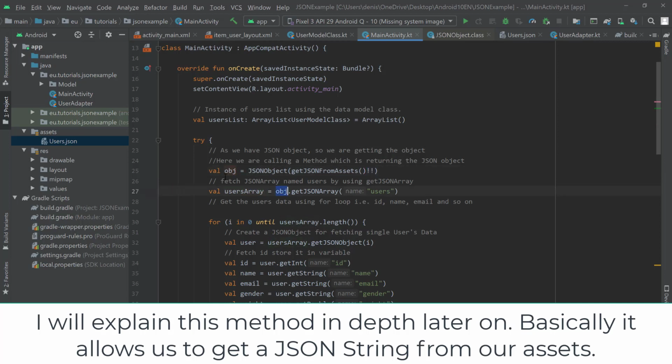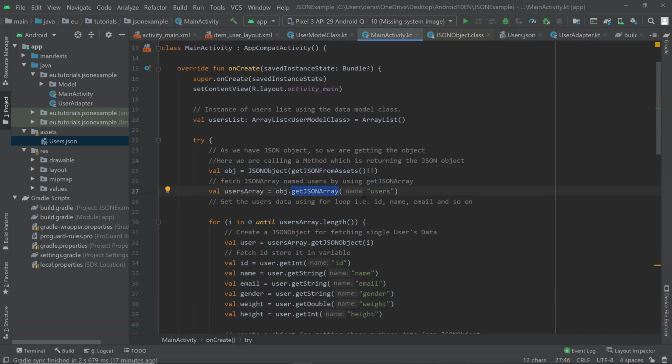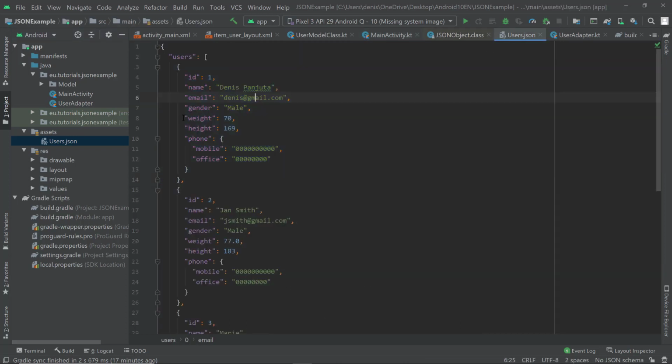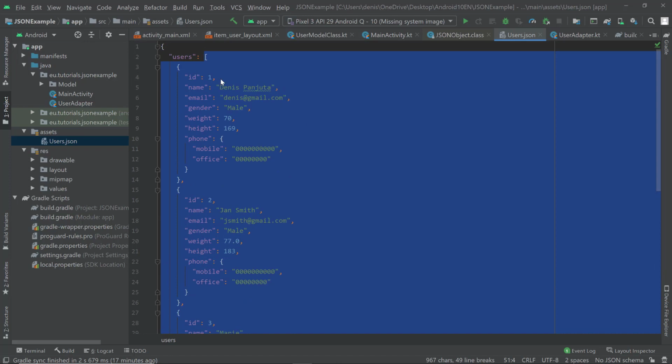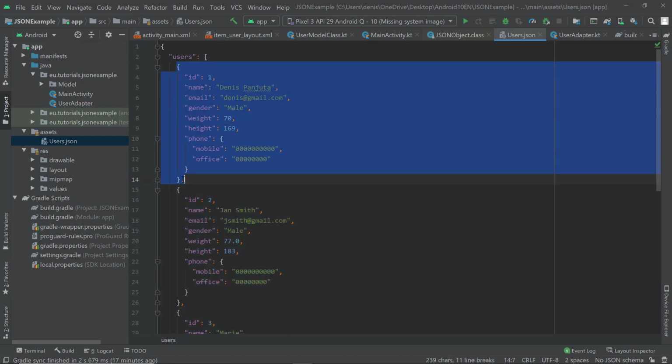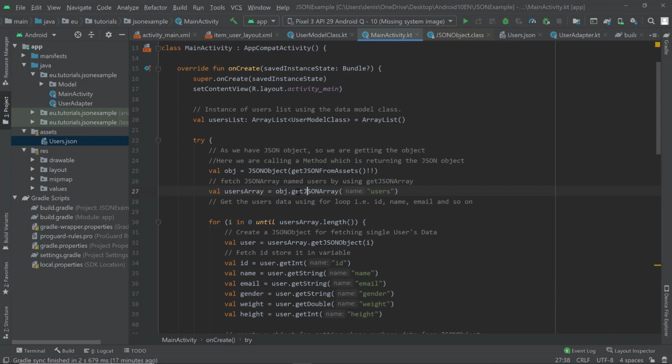And then we get the users array from that object that we just created, and we get its JSON array called users. Okay, so if we look at our users.json, you can see that this here is called users, and it is a JSON array because it starts with a square bracket. So this here basically is a JSON array all the way down here. This is one JSON array which itself contains JSON objects. Okay, and that's what we are getting here. So we are saying, give me the users, which is of type JSON array,